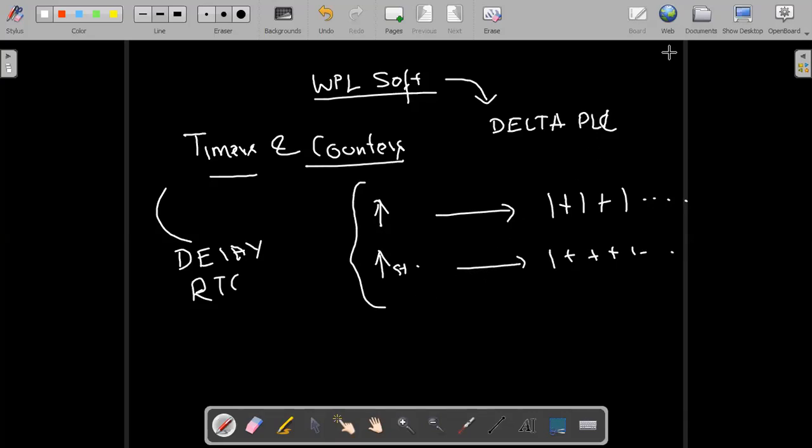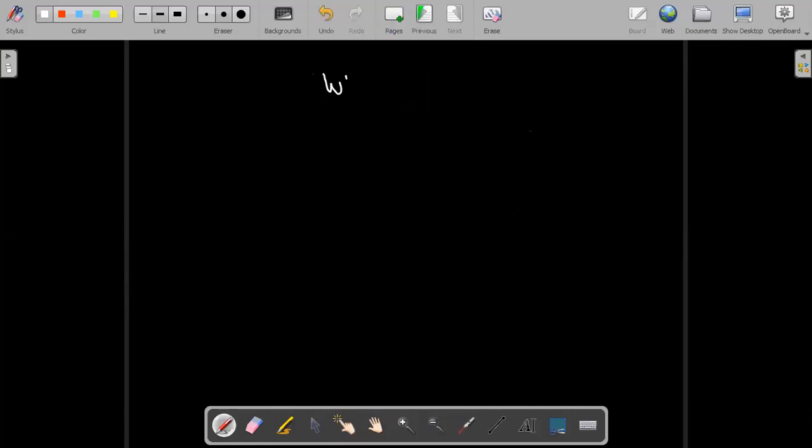Fine. So as far as this particular WPL Soft is concerned, basically in all PLCs you have TMR, the normal timer.